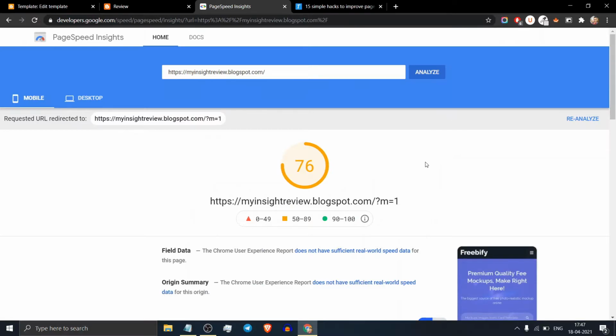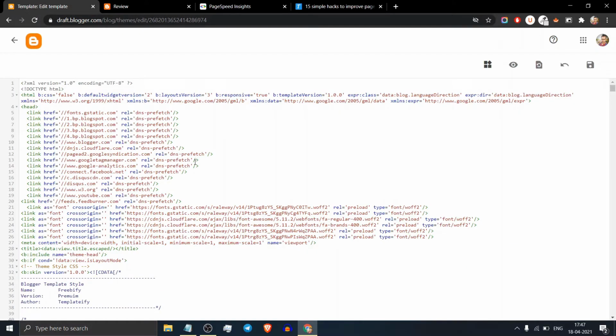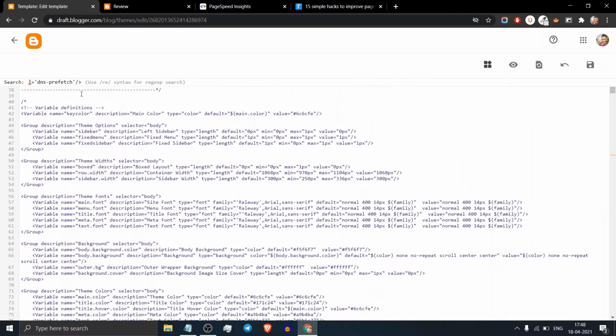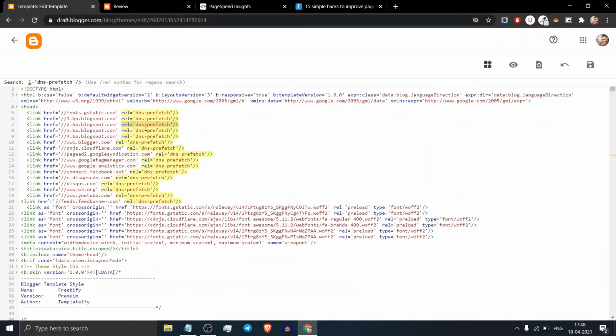There is no speed improvement in this process because this theme already has DNS prefetch built in. But if your theme doesn't have DNS prefetch built in, then you can easily implement it in this format. As you can see, when I search for this code, my theme already has DNS prefetch inbuilt.